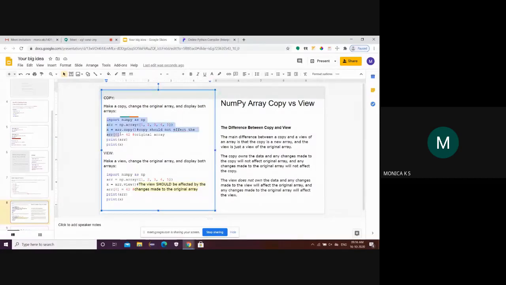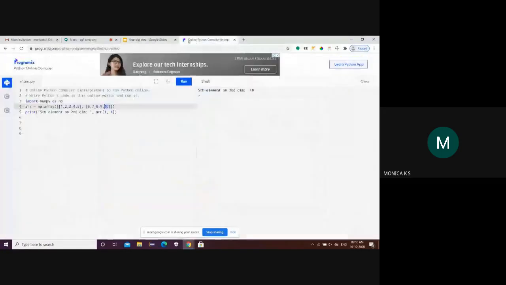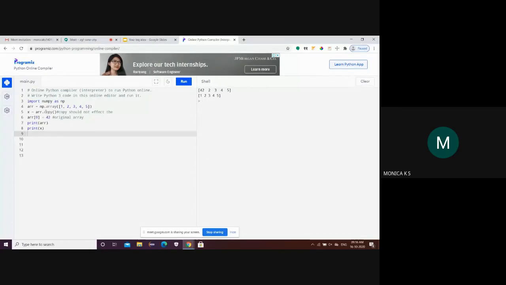This program is used to show the copy function. This is an array that has 1, 2, 3, 4, 5. Then we are copying that to another array, and at index 0 we are replacing 1 with 42.